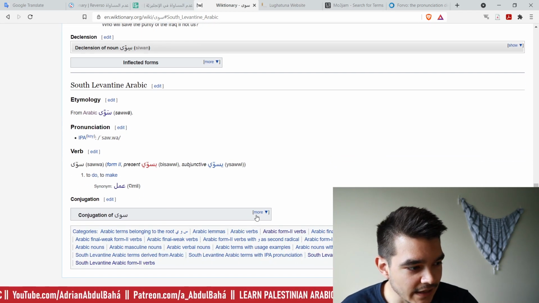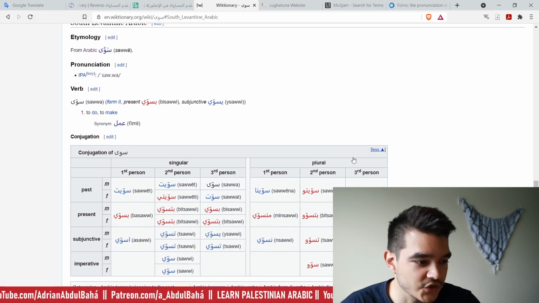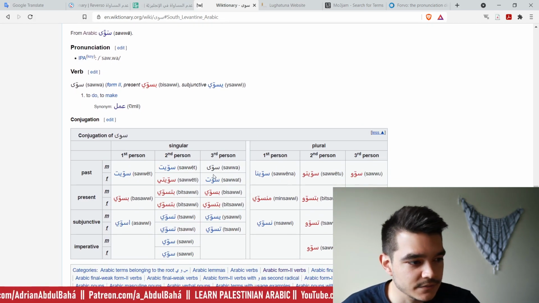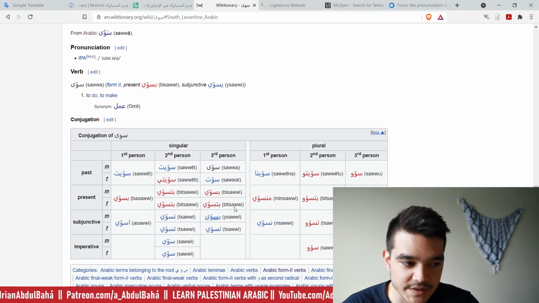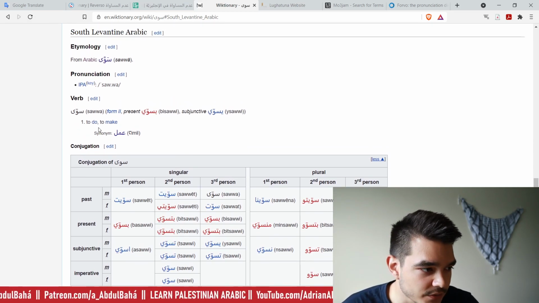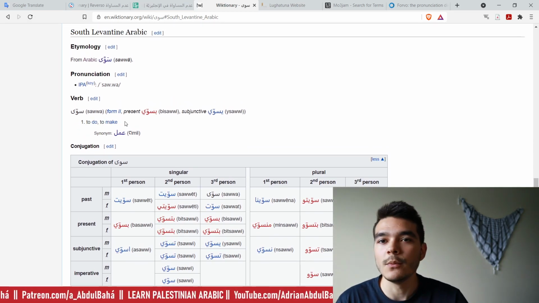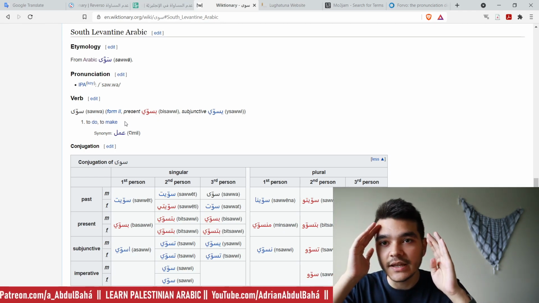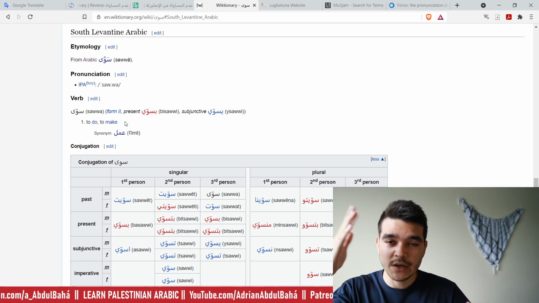And I have the conjugation information. So there's a whole chart. Sawait, sawat, sawa, bitsawi, and so on. Shu bitsawi. What are you doing? Boom. I mean, can you imagine, without having done this, and I'm not trying to toot my own horn or anything,